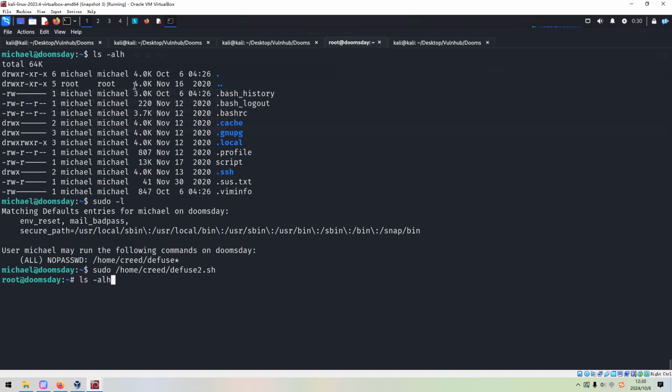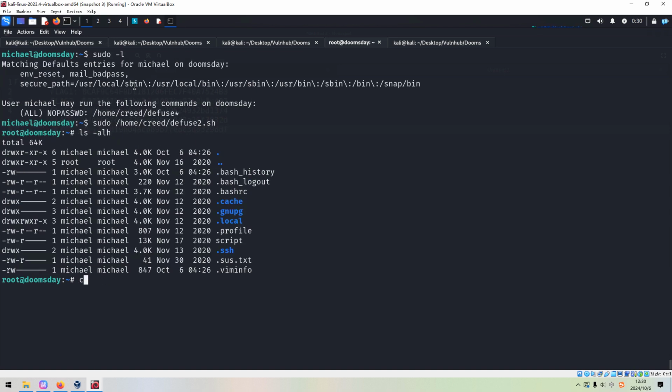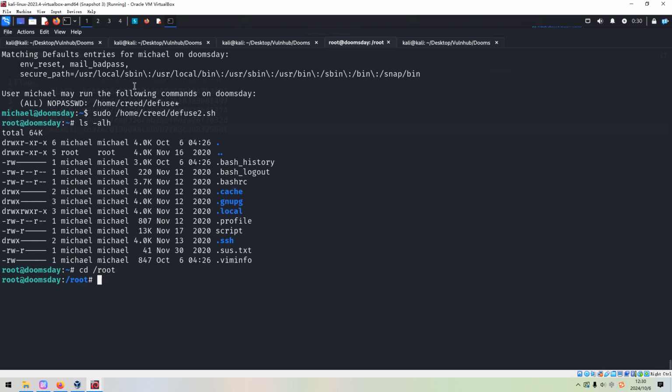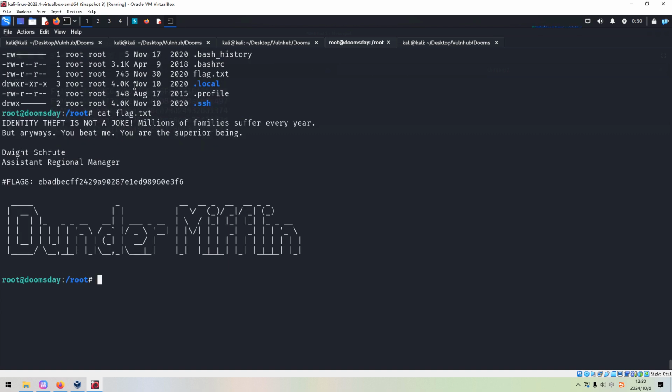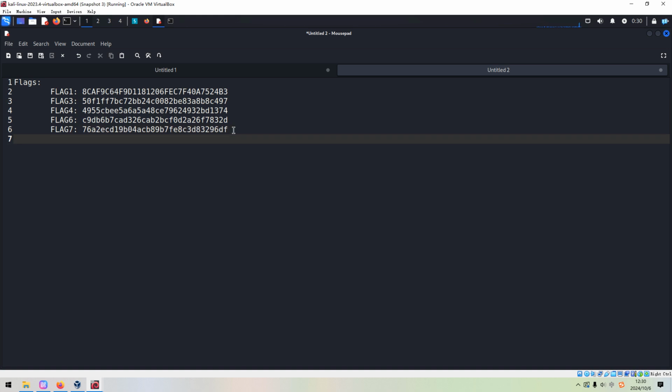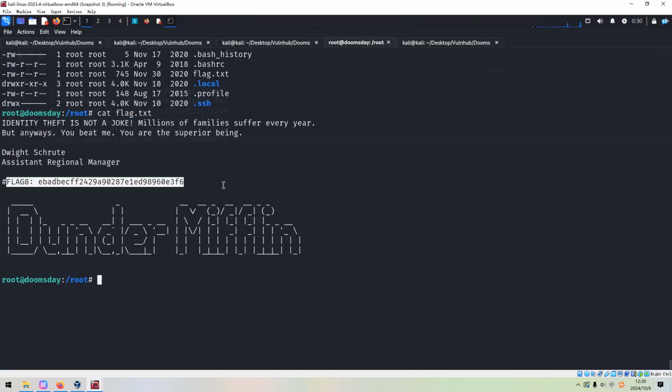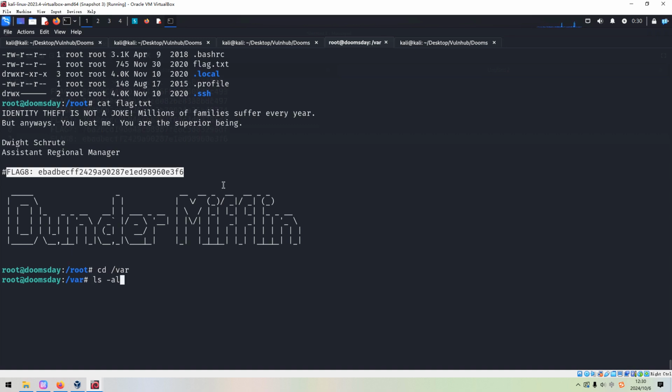So now we can get this, which should be the final flag. Okay, so this should be the ace flag. However, unfortunately, we failed to get the second flag and the fifth flag, and we need to do more local enumeration.